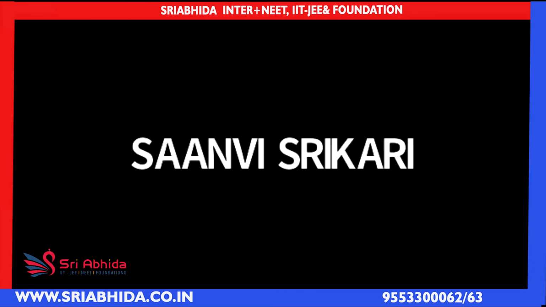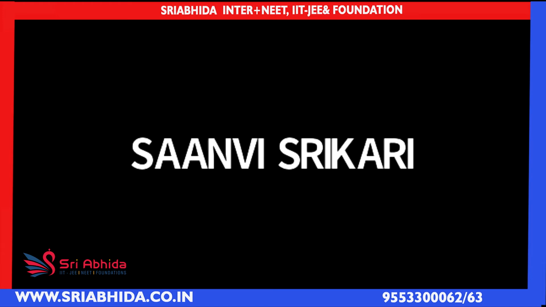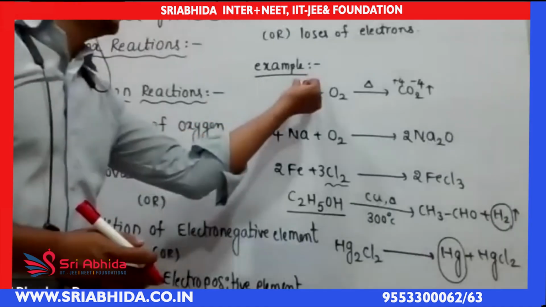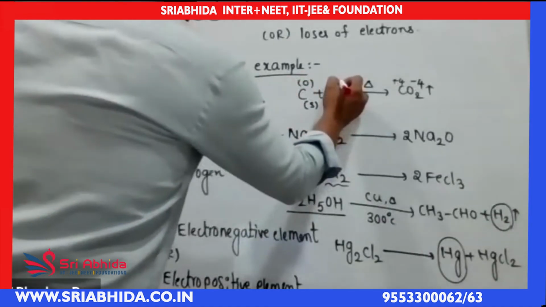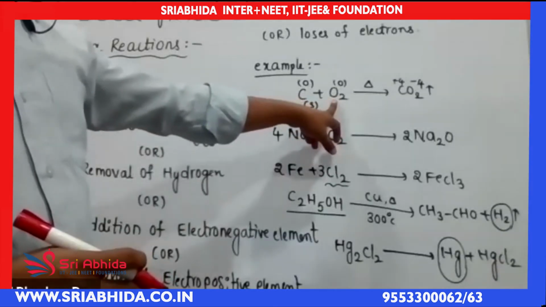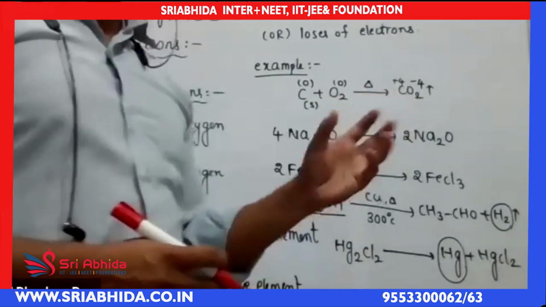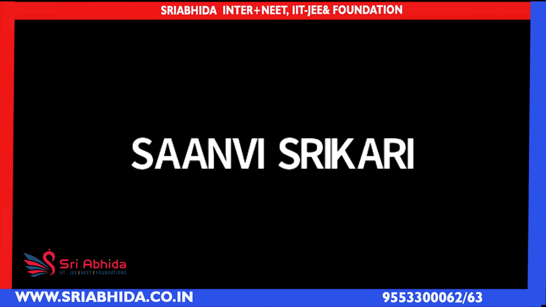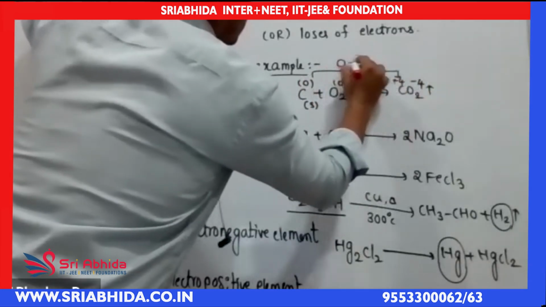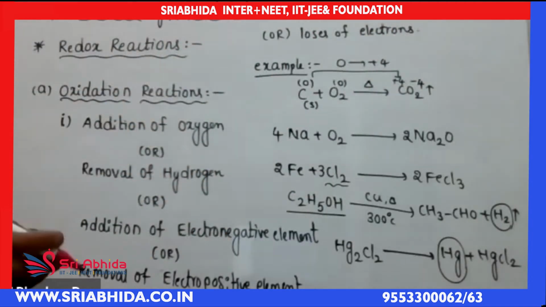But if you observe in this case, carbon exists in the solid state only. It is neutral. What is the charge of a neutral species? 0. Very good. So this is 0, and this one also 0, because it is in the molecular state only. This one is also neutral. But here both combine to form a molecule, so in that molecule it goes from 0 to +4. This carbon is converted from 0 into +4.